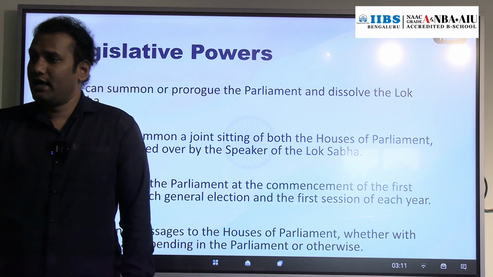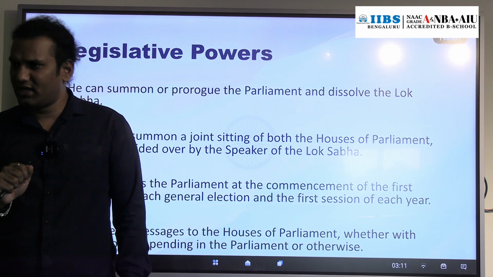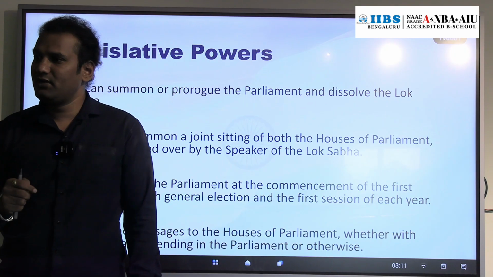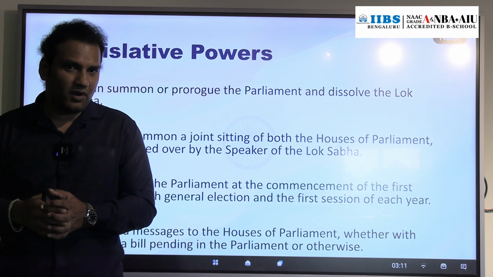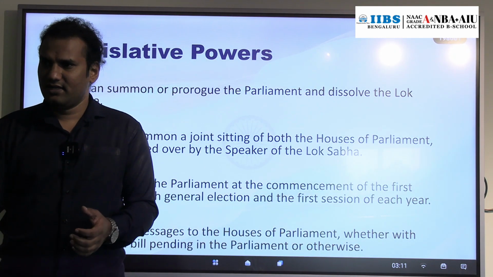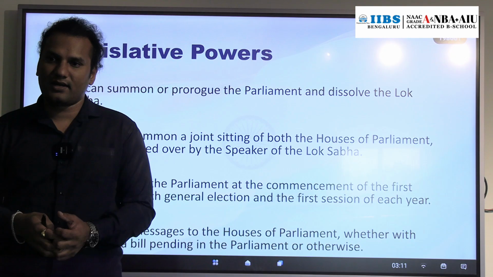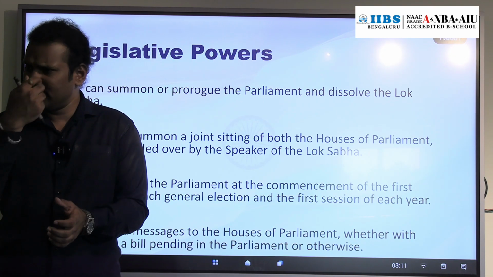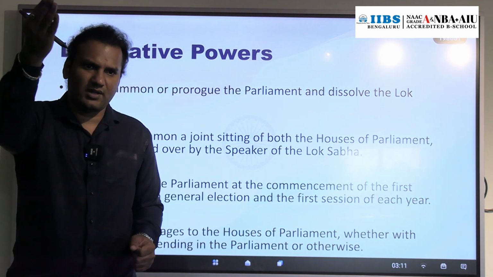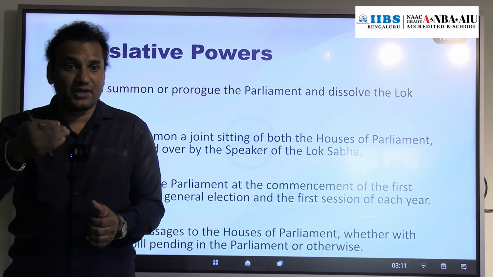Now suppose a single political party doesn't get the full majority in Lok Sabha. Majority means half of the seats, right? At that time, what will the parties do? Two or three parties will combine together and form a coalition government, like we have the NDA. The NDA alliance is there, no? BJP, Chandrababu Naidu's TDP, and Nitish Kumar's party. In that way, they form the coalition government. With that coalition, they form the majority, prove the majority in the Lok Sabha, and continue. But suddenly, if two or three parties withdraw the support,